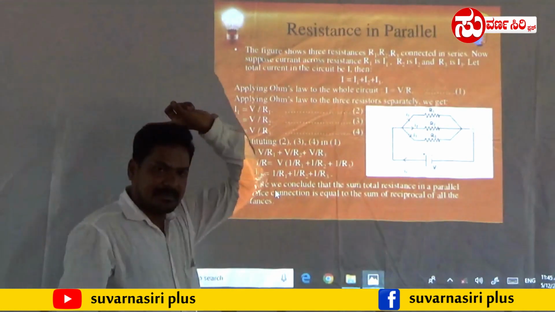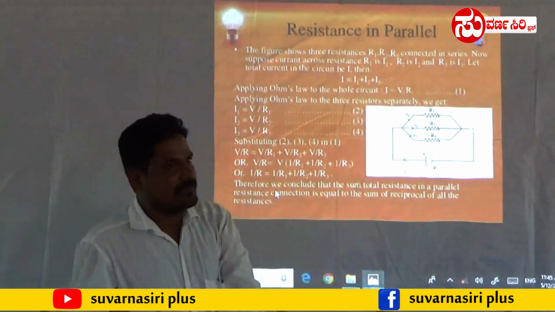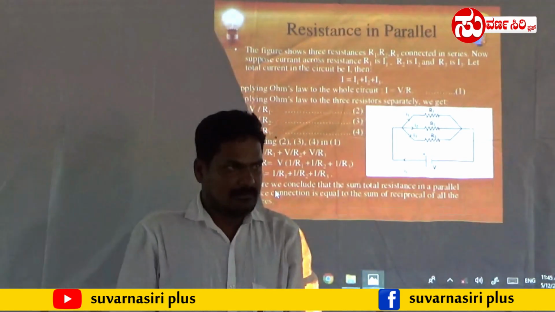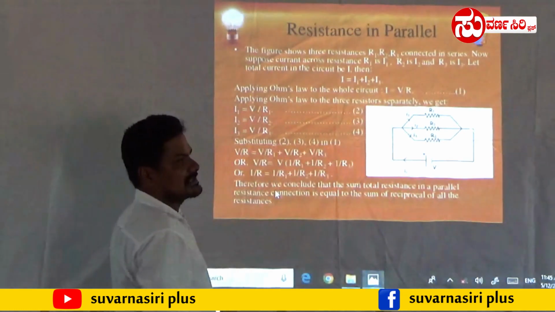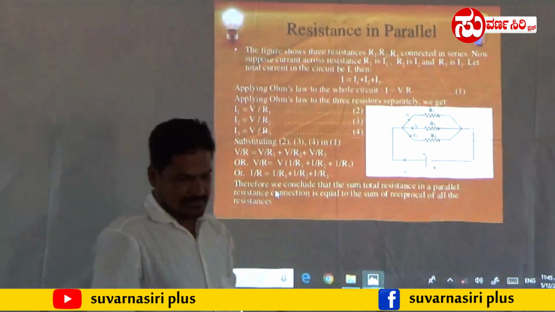In the previous case, the resistors were connected in series. At that time, we took the potential difference as different, and the current as the same. Here the current is taken as different. So I is equal to I1 plus I2 plus I3. So here, when we apply the same thing,